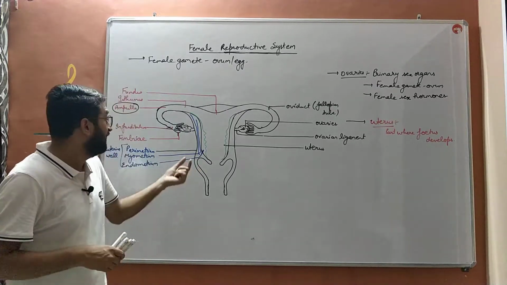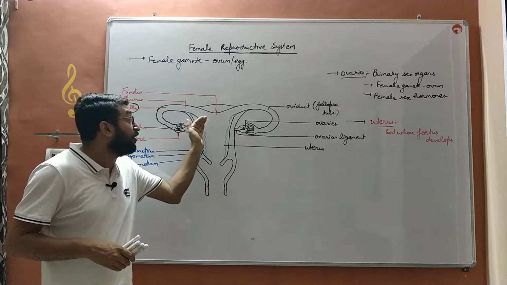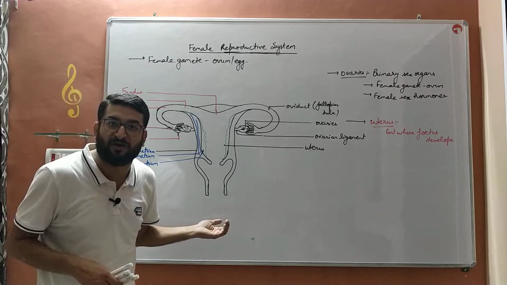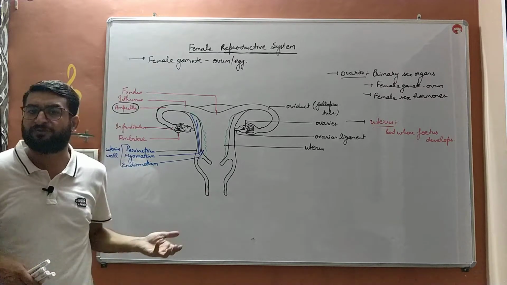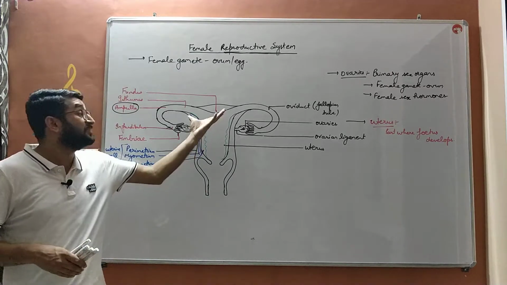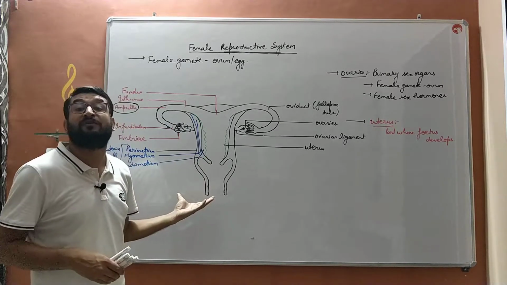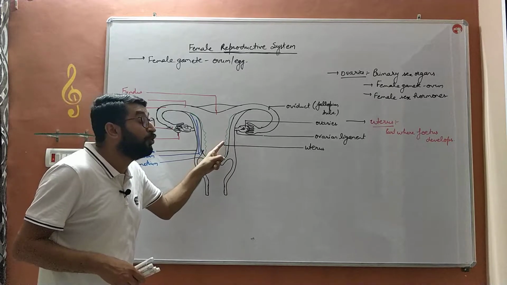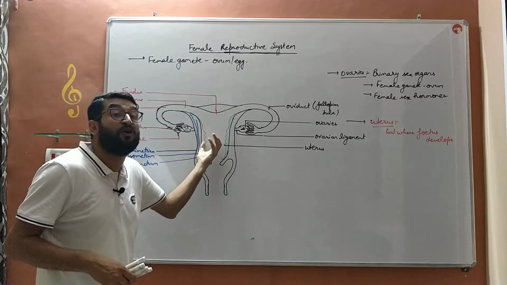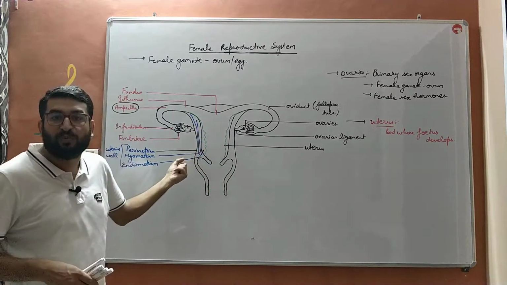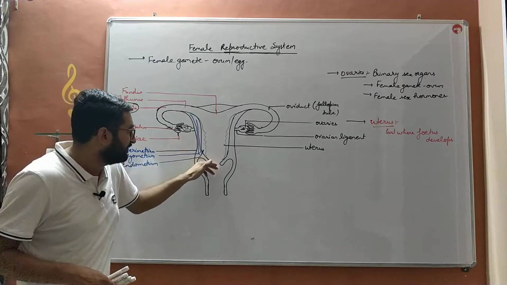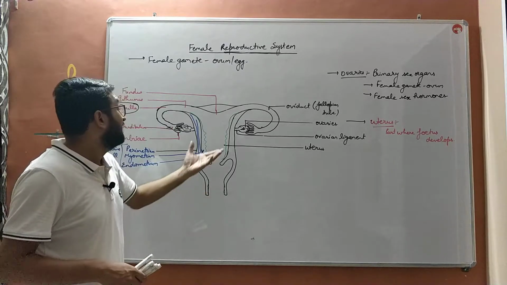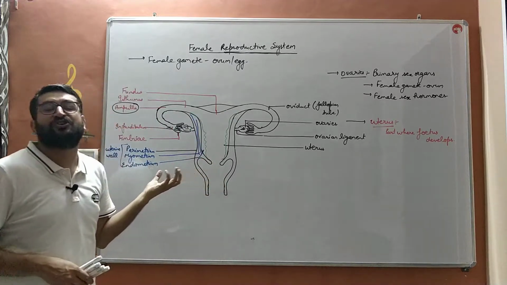So what happens, bache? This endometrium will shred off along with the blood vessels, and that is referred to as menstrual cycle or menstruation. In common language, we call it periods. So that is the menstruation or menstrual flow. Why does that occur? Because of this endometrium. This endometrium sheds off and comes along with the blood vessels out of the female reproductive tract through this opening named as vagina, that we will discuss.